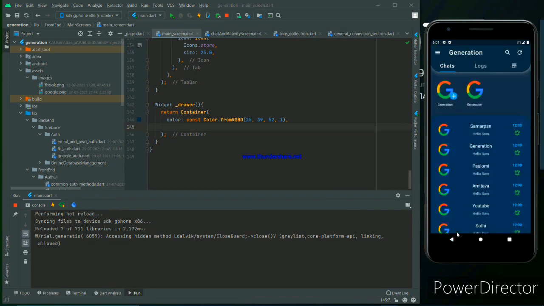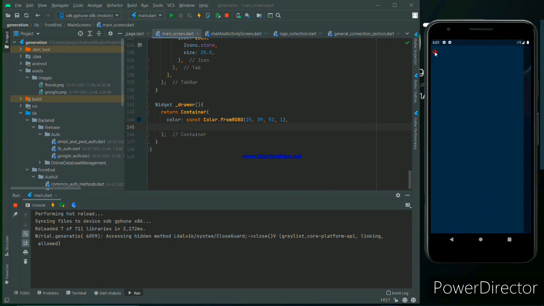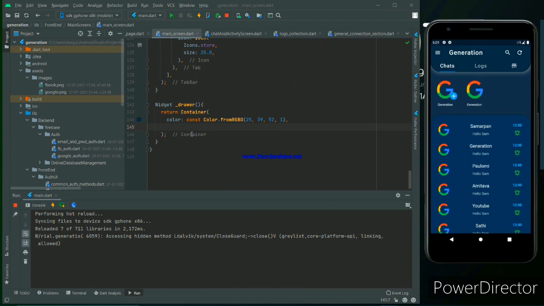Actually, it's covering the whole section. That's not cool. We have to make a drawer here, and that will be the background color as well.